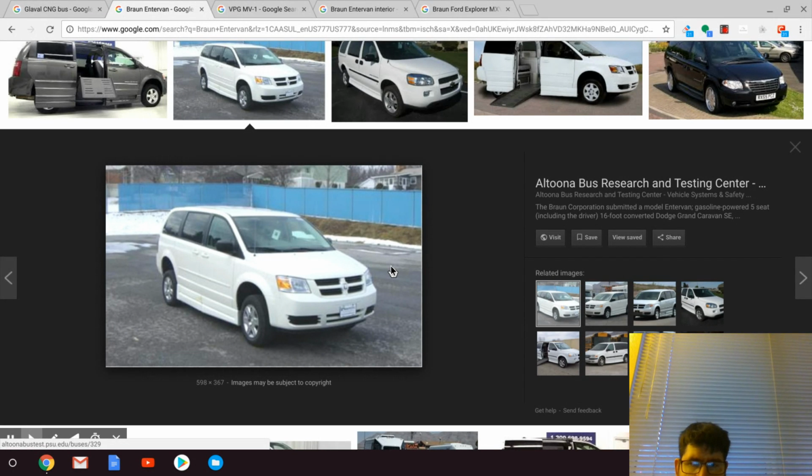That in turn causes some major problems, and if it's not done just right, these probably won't last very long. So, like I mentioned before, once all that is said and done, you have the conversion process, which for this particular distributor was 24,000. Then you had about 30,000 for a brand new van, which was nicely equipped. You're looking at about $60,000 at least. So around $55,000, $60,000. Whereas the MV-1